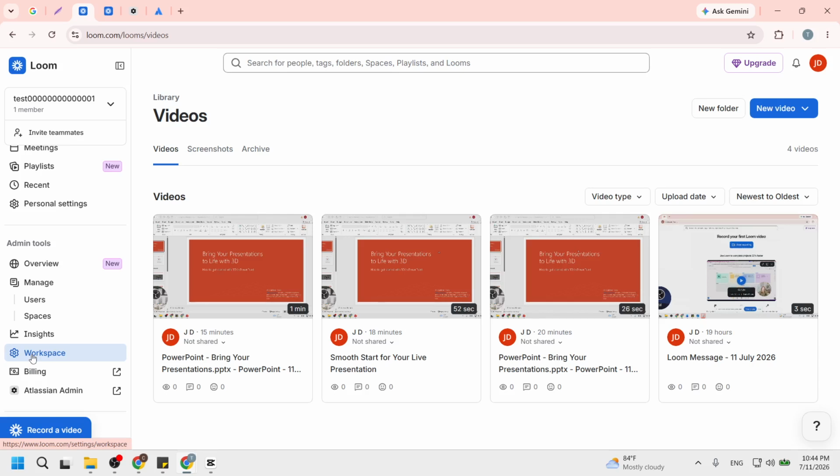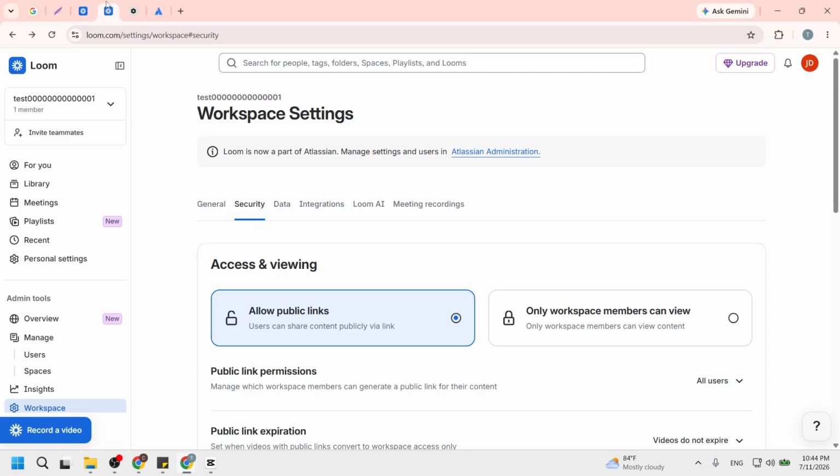Next up, click on the Workspace option on the dashboard. This section often displays your projects and team settings. By clicking on it, you are taking a step closer to accessing your account settings. This is relevant because you need to navigate through various sections to find the security settings where you can change your password. After that, click on the Security option in the Workspace menu.